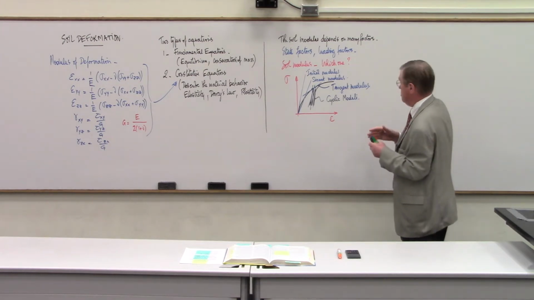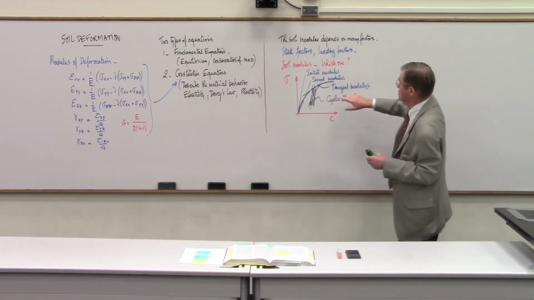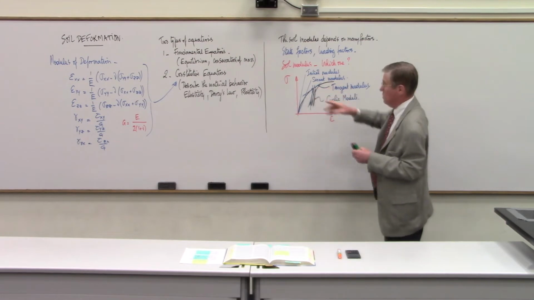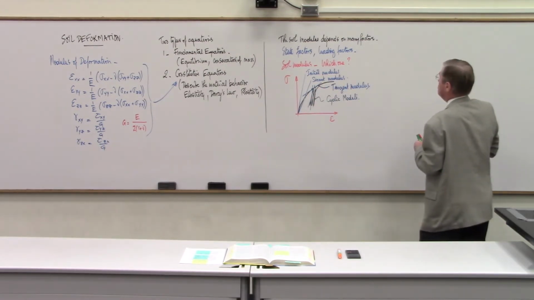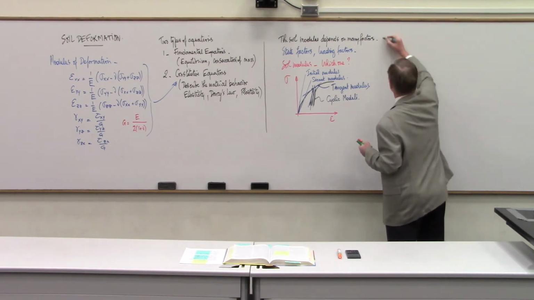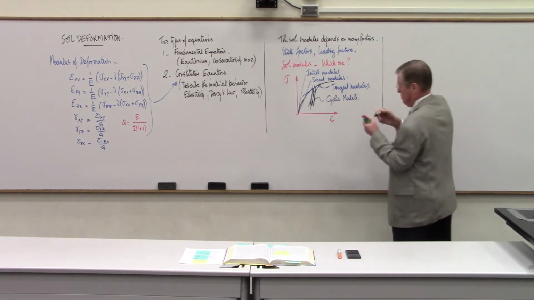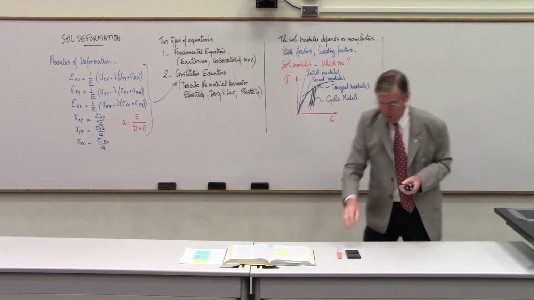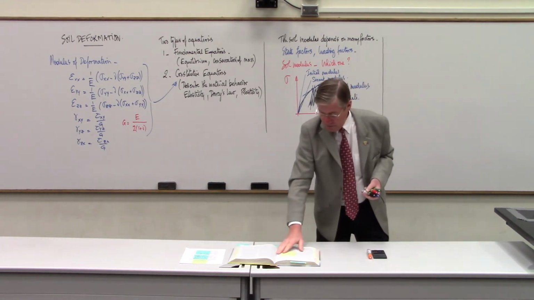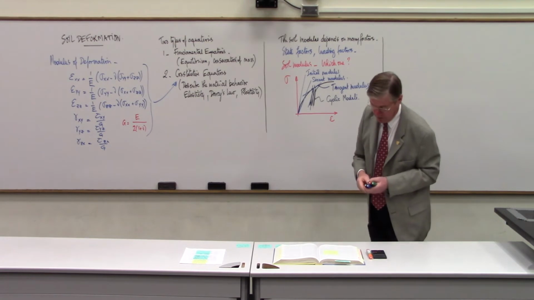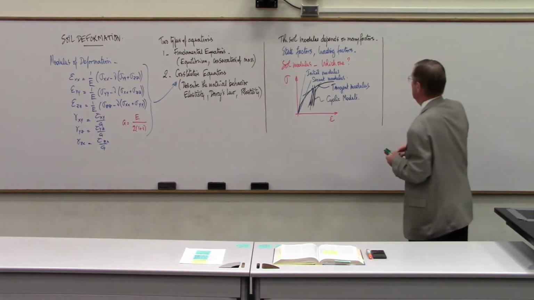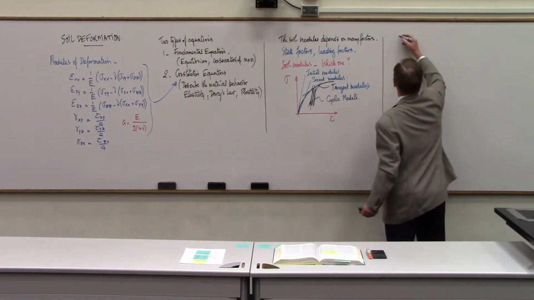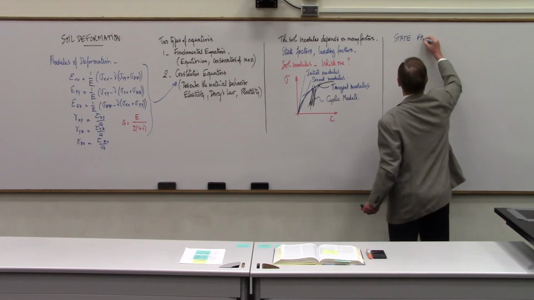And that's an important question, and then you keep that in mind so that you see whether it's an initial, a secant. If it's a secant, at what strain level? So these are important questions to ask. But let me go back to what I said here and talk a little bit about the state factors. So state factors means, what are the states that the soil is in? For example, state factors,